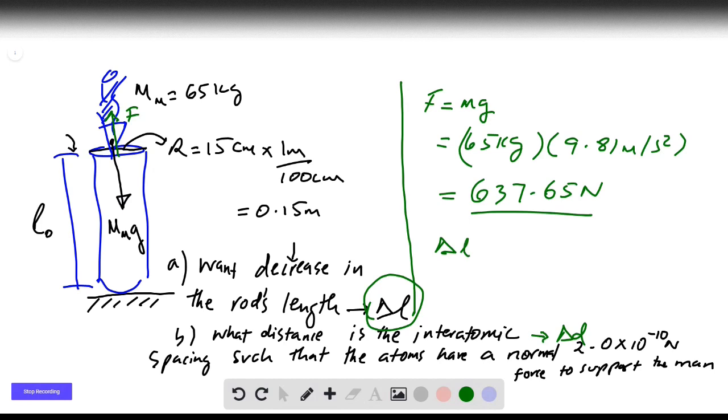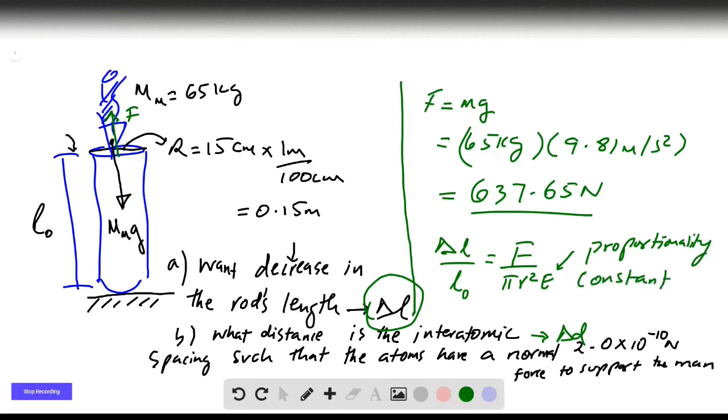The relationship between the change in length and the original length is equivalent to the force over pi r squared E, where this E is called the proportionality constant. I mean, this R, we can make it small r. It's the same thing. It's just going to be plugged into that formula. So from that relationship, we're able to determine that delta L is